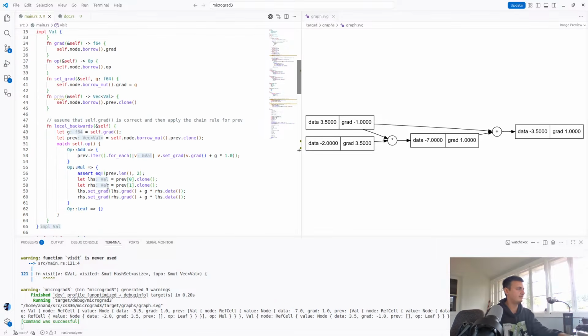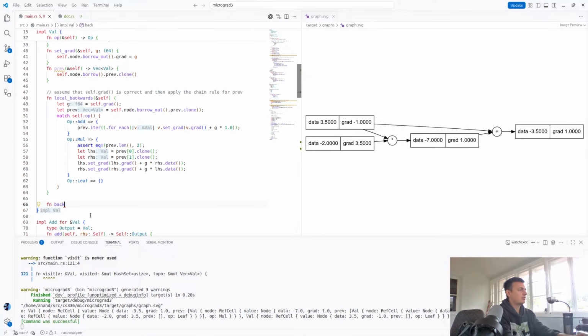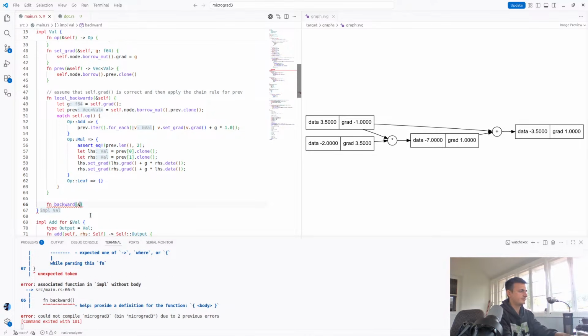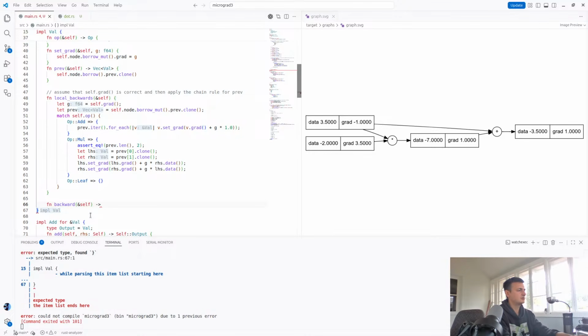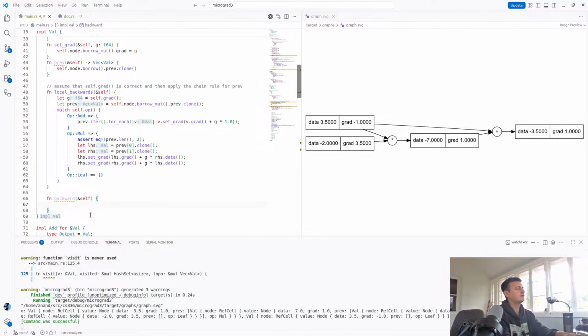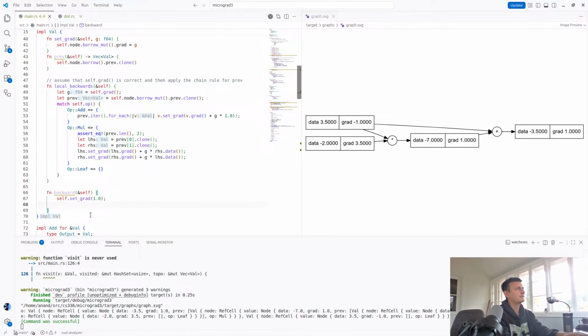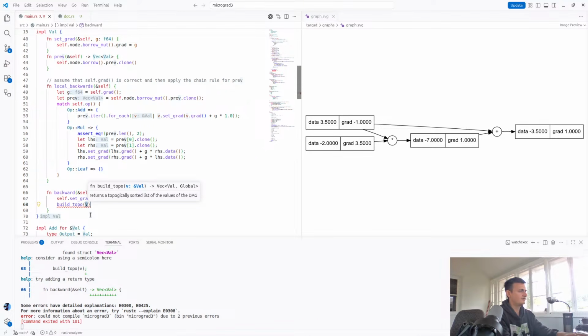So what we're going to do is write function backward. I think it's backward. It's going to take a self, and it's going to return nothing. It's just going to populate the DAG. So we're going to first do self.setGrad to 1.0. Then we're going to build topo of self